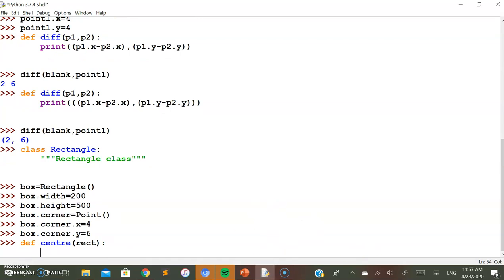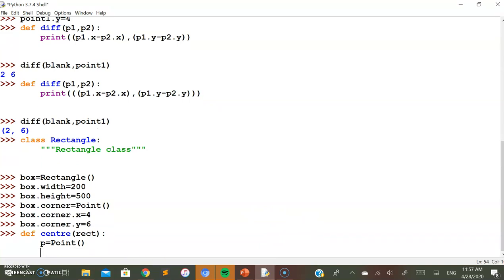Within this, I require one more object of the class Point. Then what I need to do is identify the x value associated with this object that we have created within the function. That can be got from the rectangle object, as you can see, we have created the corner as the attribute.